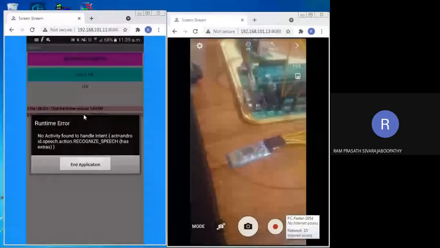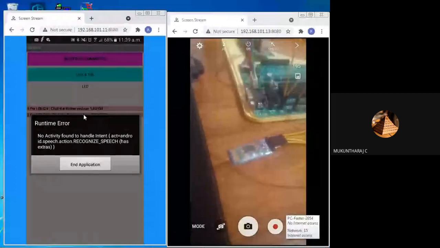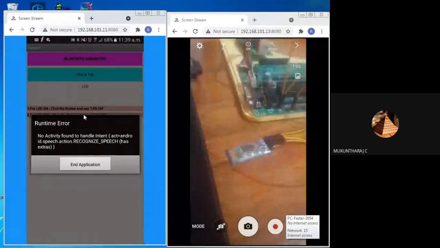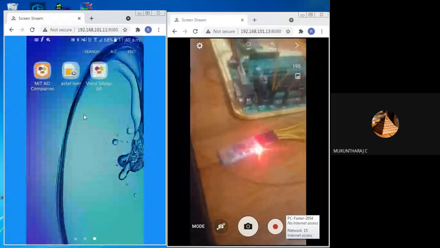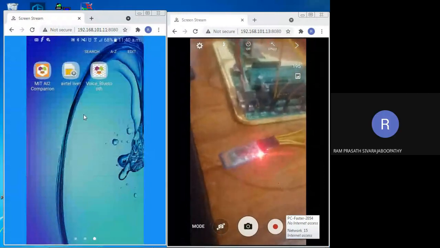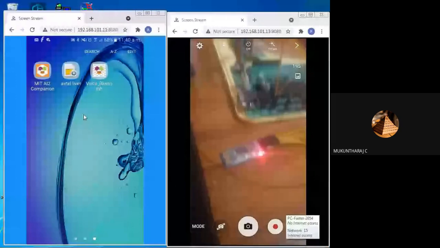Mugun sir, tell me, Ram sir. It is showing an error. Wait a moment. On the day it was supported, but today it's not working. I don't know why. Wait a minute.